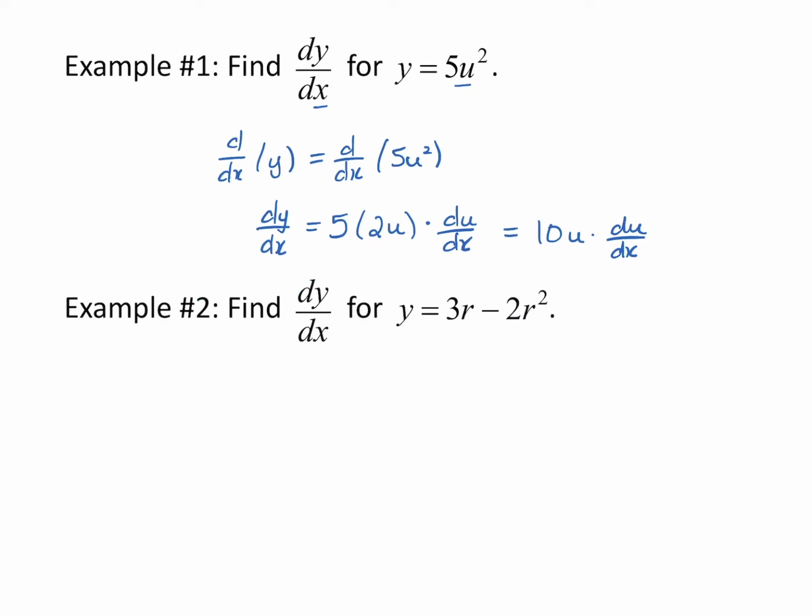So let's look now at finding dy dx for y equals 3r minus 2r squared. Again, we have a mismatch in our variables. We are differentiating with respect to x, and our function is a function of r. So we're still going to do the same thing. We're going to treat r as if it is a function of x. So when we take the derivative, so taking the derivative of both sides with respect to x, the variable here,